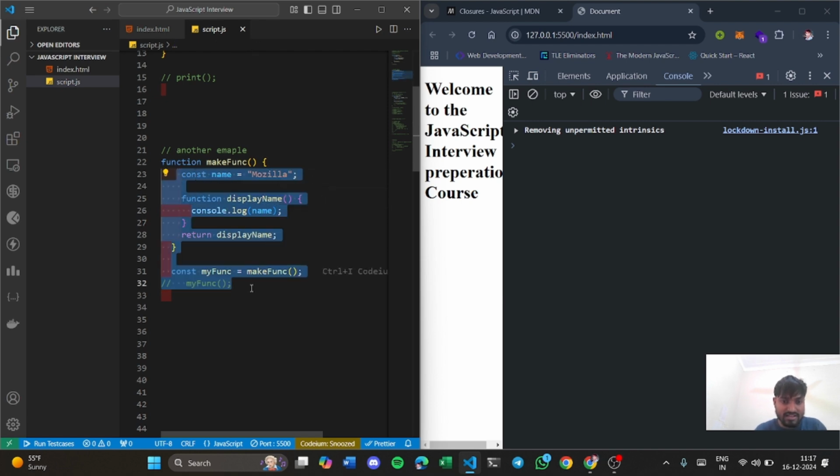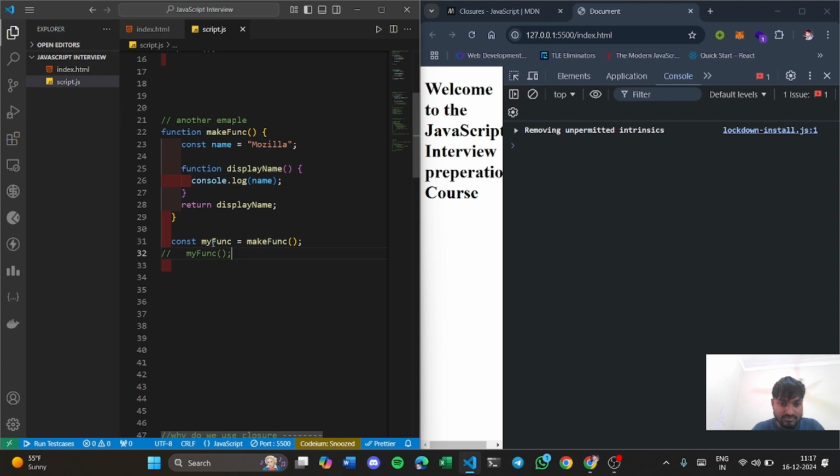When you call this make function and it returns the inner function displayName, you can also call it a closure. Just for naming convention, you are calling that returned function a closure.